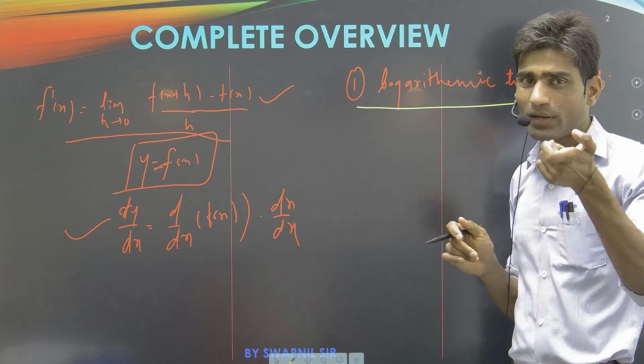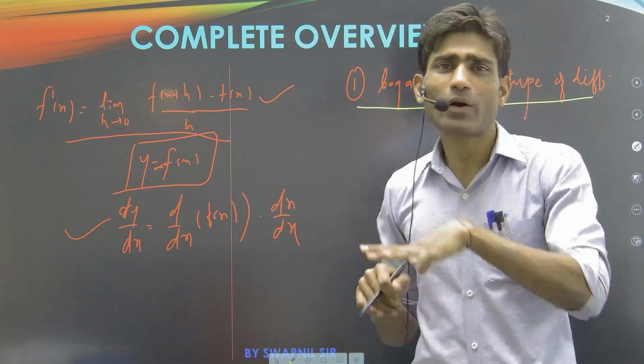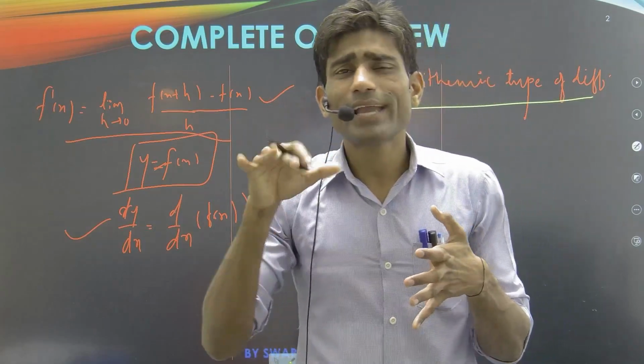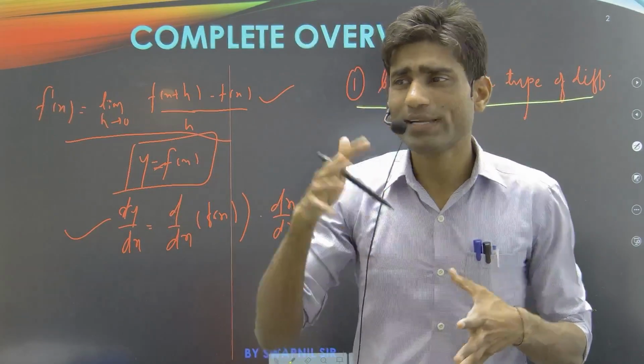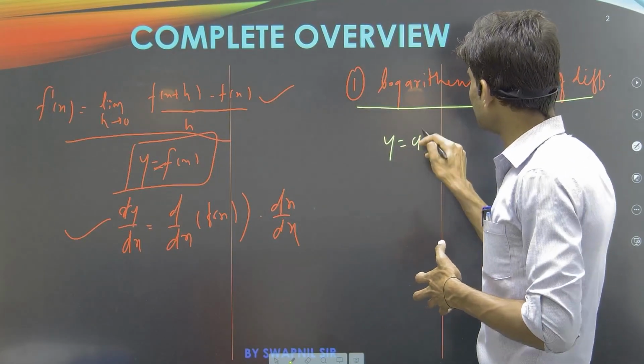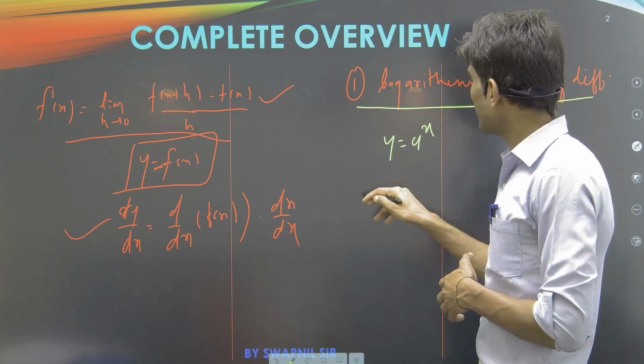Now, for example, if I have a function to the power of a function, then the applicable rule is the exponent rule for the logarithm. So what is the exponent rule for logarithm? It says that when we have y which is equal to a to the power x, then the exponent rule